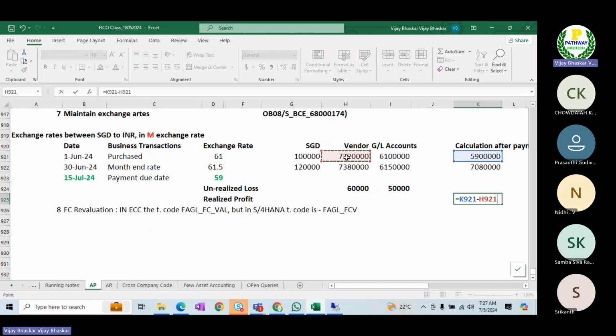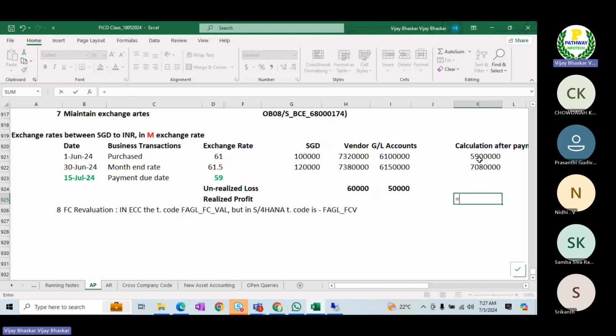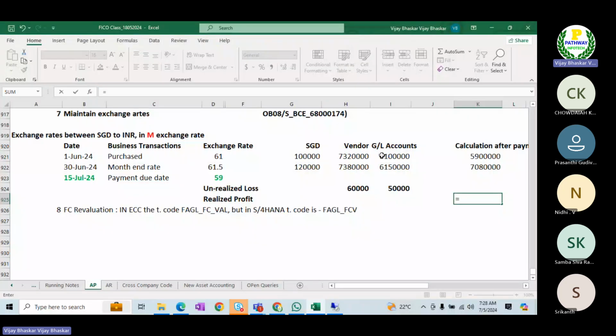Yeah, correct one only. I think it's wrong. Purchase price Singapore dollar 61, vendor, this is a GL account, this one. Month end rate. So 1 second, let me go here. 61 lakhs only. On 61 lakhs, where is the 60? Yeah, exactly this one. I was doing some wrong calculation.